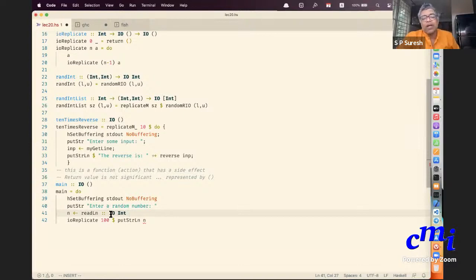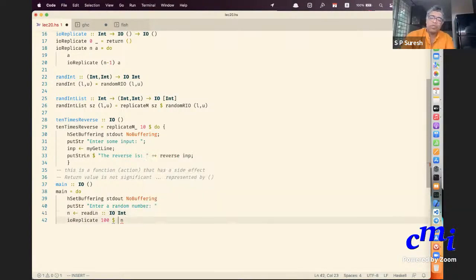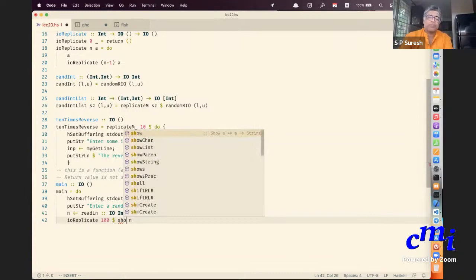This is the way to use readLn. You say readLn and then put this double colon and say what type you want it to be. And now I am putting this number n times. It shouldn't be putStrLn. I should say print.